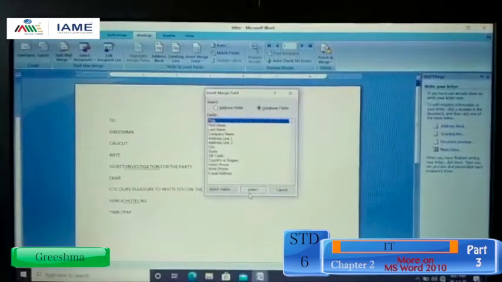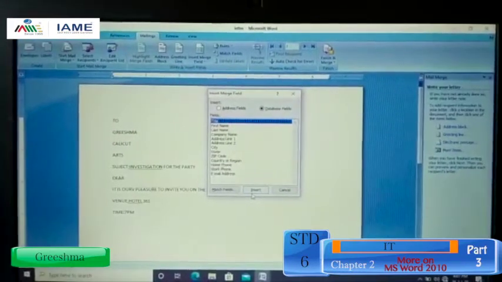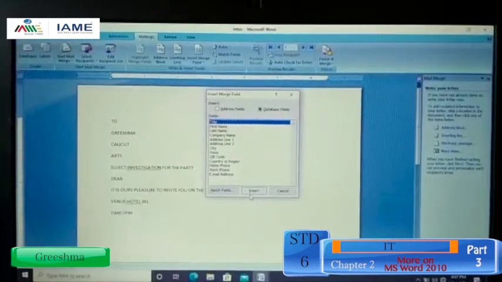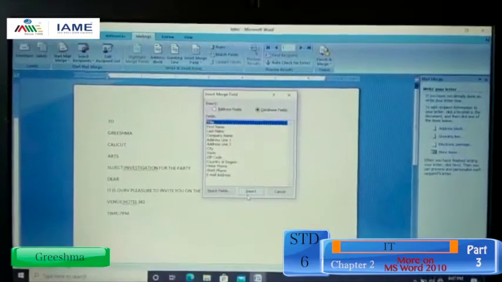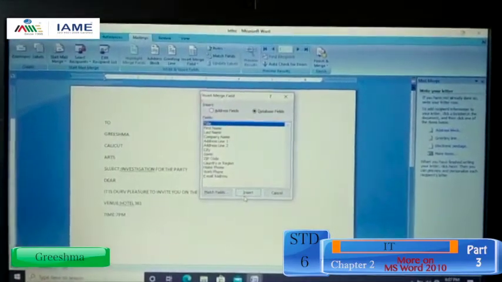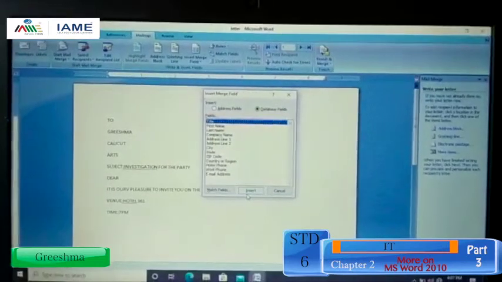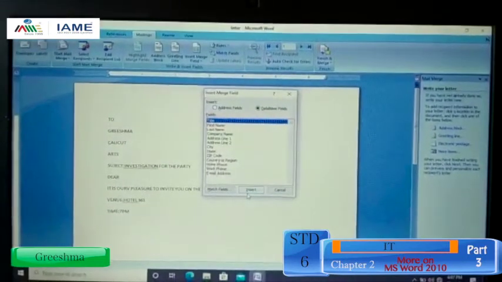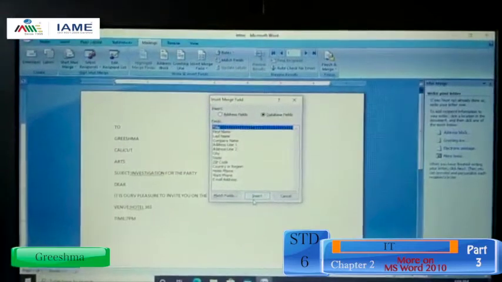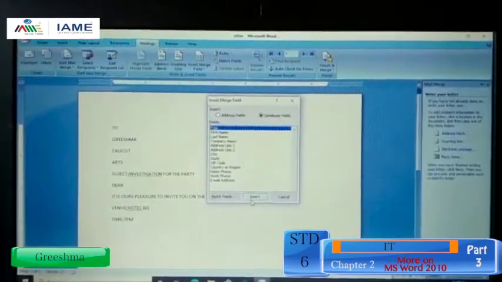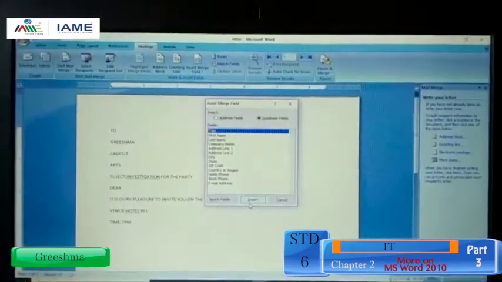Move the insertion pointer after dear and insert the first name field. Your invitation letter will now look similar to this. Click on the next preview your letter option.